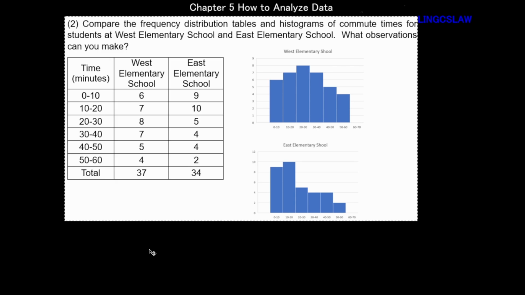So comparing these histograms, you can say the students in East Elementary School take less time to commute to school,